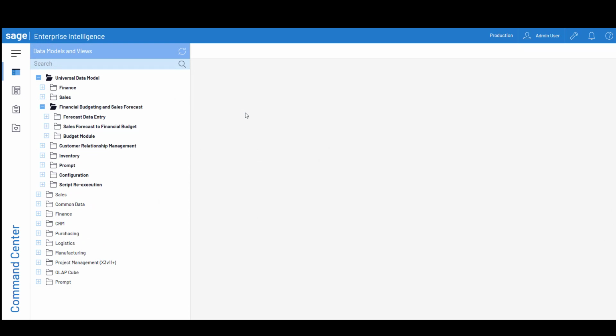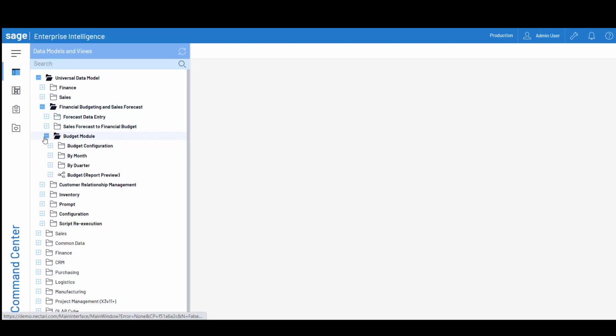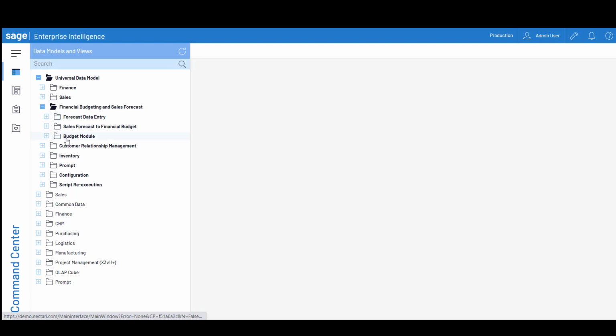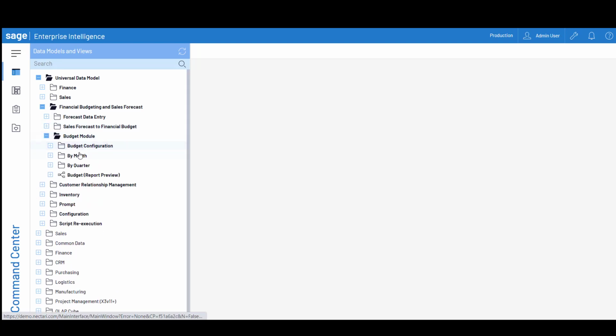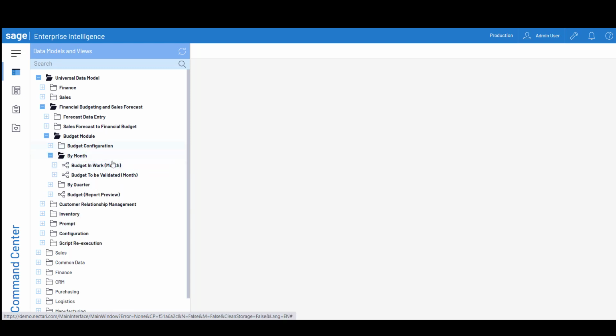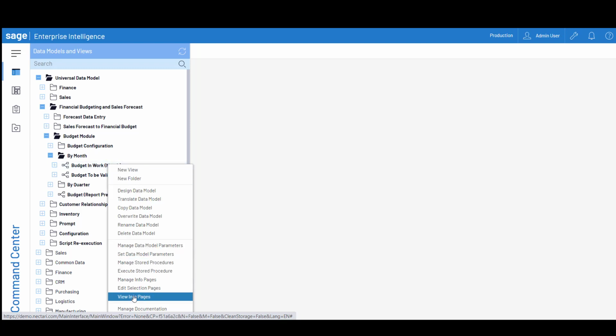Sage Enterprise Intelligence takes the reporting to the next level by offering users the ability to create the financial budgets and sales forecast within the solution. The Universal Data Model offers the module on financial budgeting and sales forecasting, where users can either create the sales forecast or financial budgets and even bring in the sales forecast into the financial budget worksheets as well. To create a financial budget, for example, users have the choice of whether they would like to create this by month or by quarter,